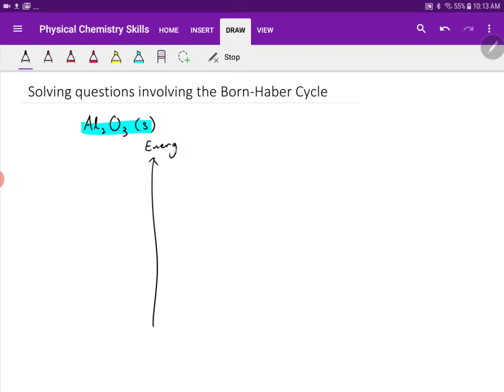So we'll start by drawing down our axis with energy, and we are going to start with this ground state arbitrary value of 0. This is where we'll get everything at ground state. Aluminum exists as solid under standard conditions. Oxygen occurs as O2 gaseous, and we need 3 of them, so the coefficient is 3/2. This is going to give us our